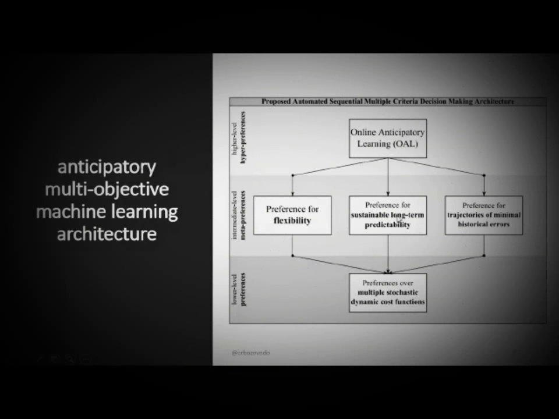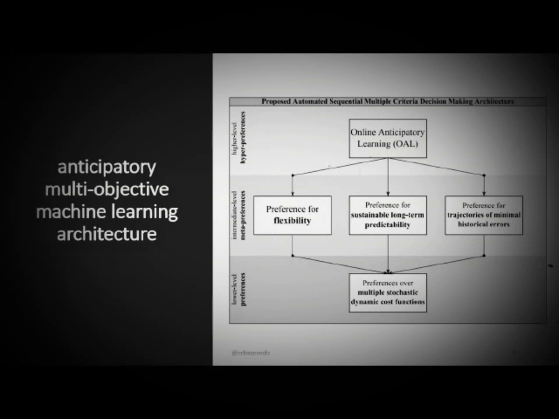The second one is preference for sustainable long-term predictability. In other words, I'm willing to trade off near-term rewards for the ability to control my future environment, so that the system is in a predictable environment that it can control.